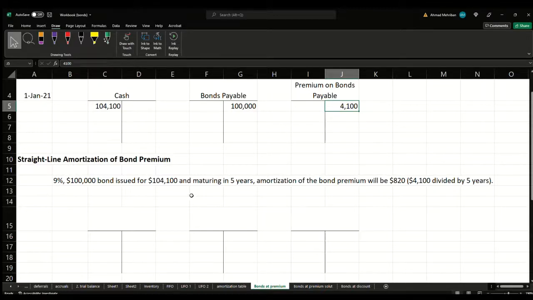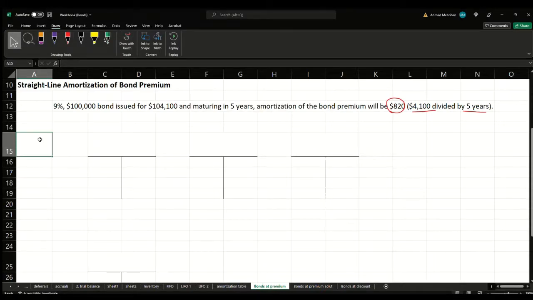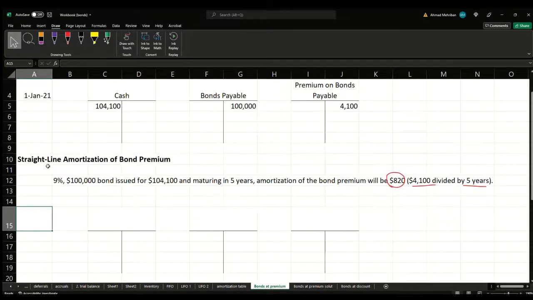the name suggests, we just divide it into equal parts, which is 5 years. So we divide 4,100 by 5, and that gives us 820. Amortization straight line, meaning that each year we're going to amortize exactly the same value, and we're going to record that. So at the end of the first year, December 31,